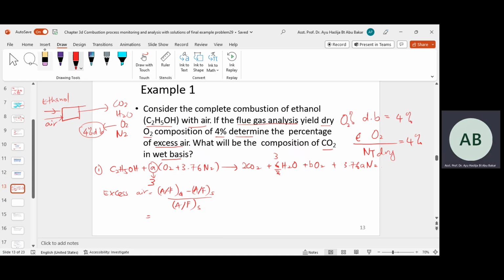Which equation do you need to use, AF or the equivalence ratio? From here, in the previous slide, I mentioned that you can simplify the AF into A actual over AS. Okay, so from here, you will get